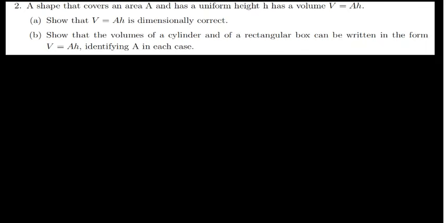Okay, so the question is saying a shape that covers an area A and has a uniform height h has a volume of v is equal to ah, and then it is saying show that v